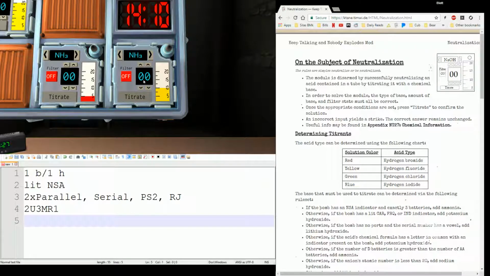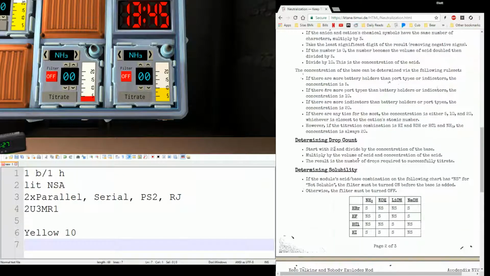Now, figuring out what we need to set these to, not that bad. As the defuser, you'll need to tell the expert the color and volume in this white bar here. So this one would be yellow 10, that would be yellow 20 up in the corner, red 5 down here. But we're going to do this one, yellow 10, yellow 10. And as the expert, you're going to go through each of these, do the calculations,